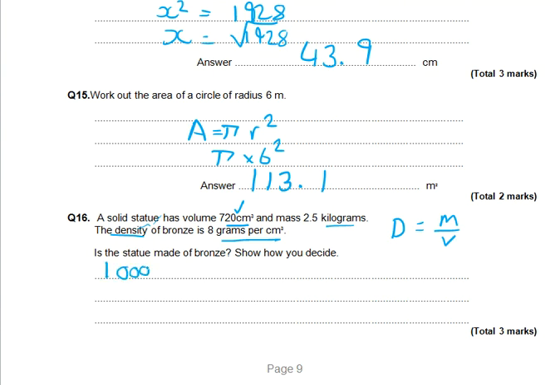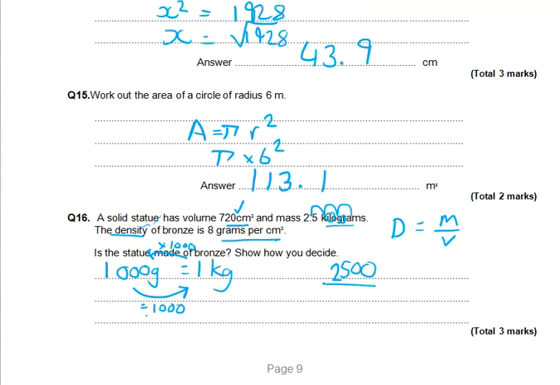We should know 1,000 grams is equal to 1 kilogram. So to go from here to here is going to be divide by 1,000, and to go the other way is going to be times by 1,000. So we've got to convert that. It's going to end up being 100,000,